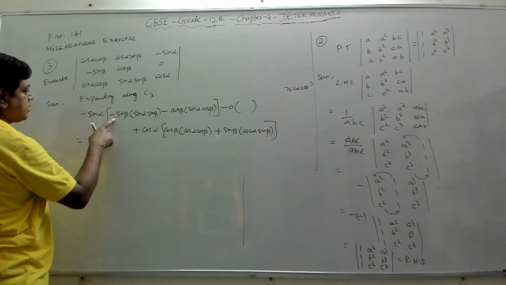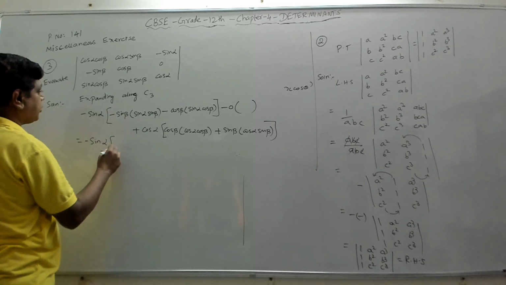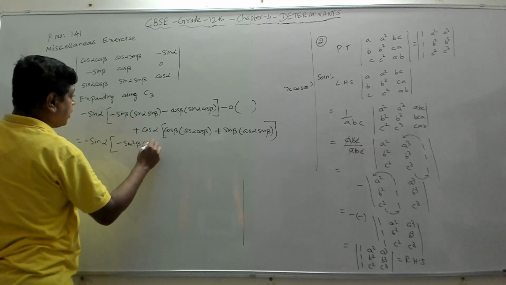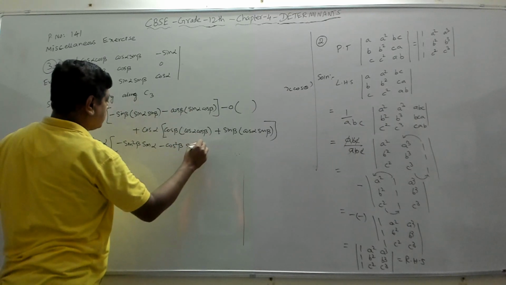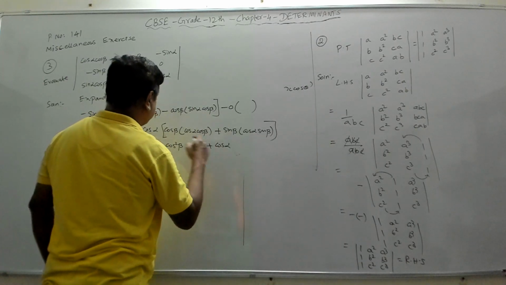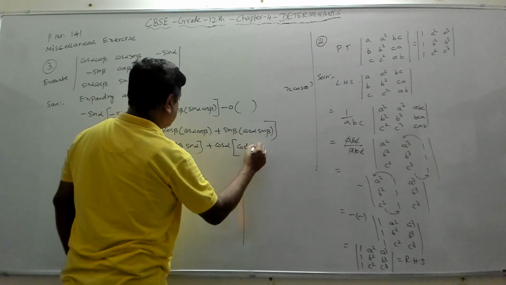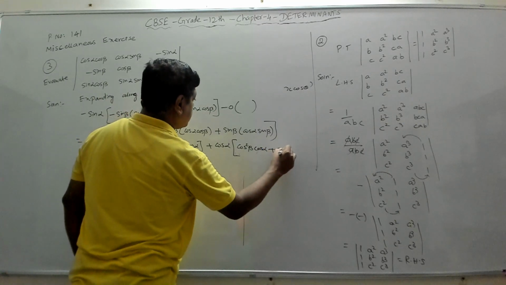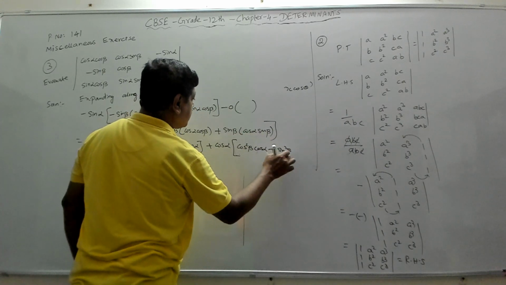Minus into minus plus, so I'll get right here minus sin alpha into, what is this? This is minus sin square beta sin alpha, then this is minus cos square beta sin alpha, then plus cos alpha, this into cos beta into cos beta is cos square beta cos alpha, plus sin square beta cos alpha. Sin beta and sin beta, sin square beta, this is cos alpha.